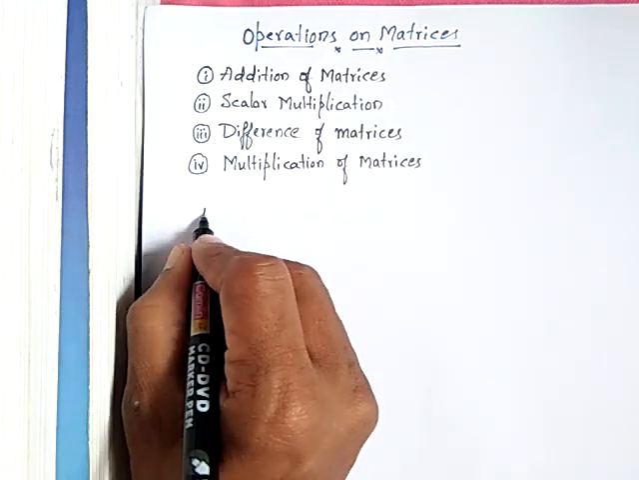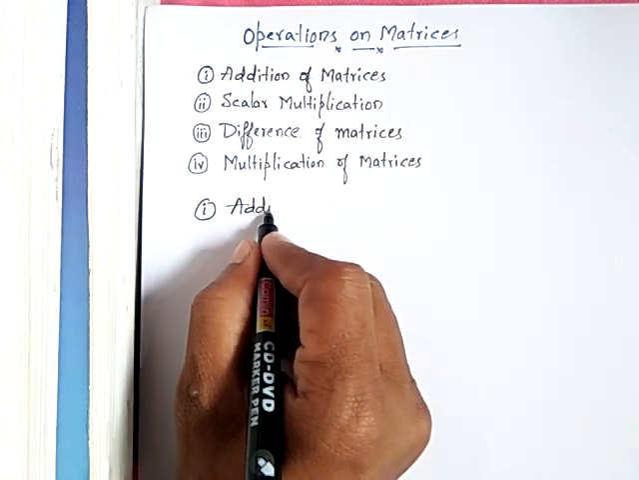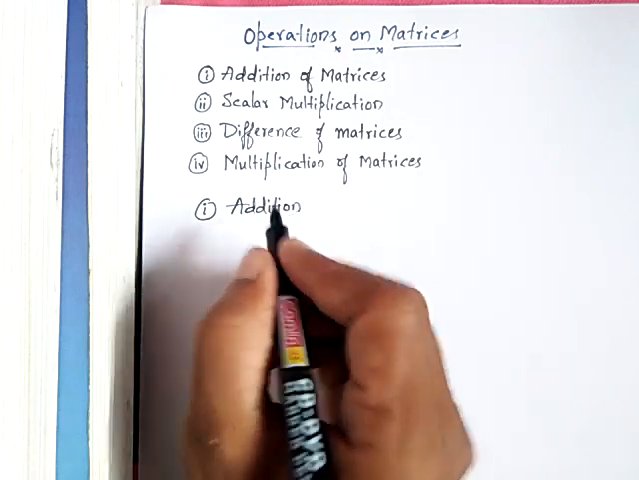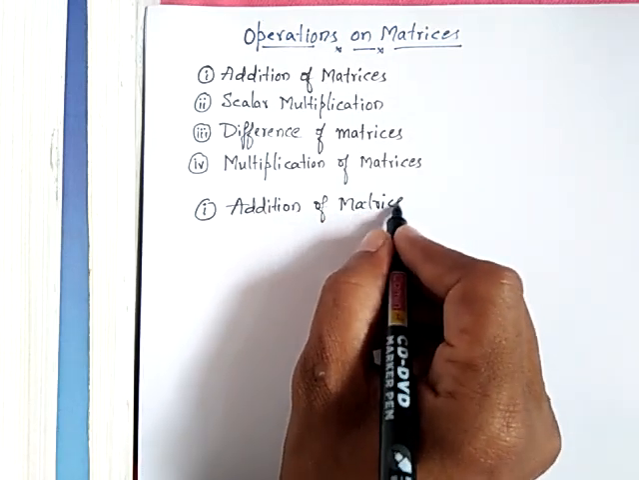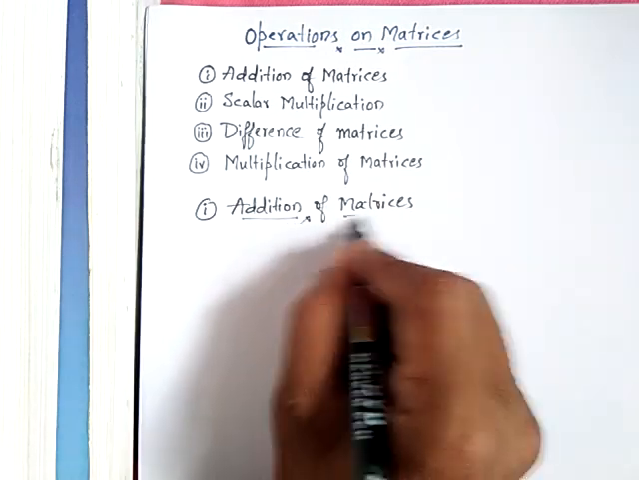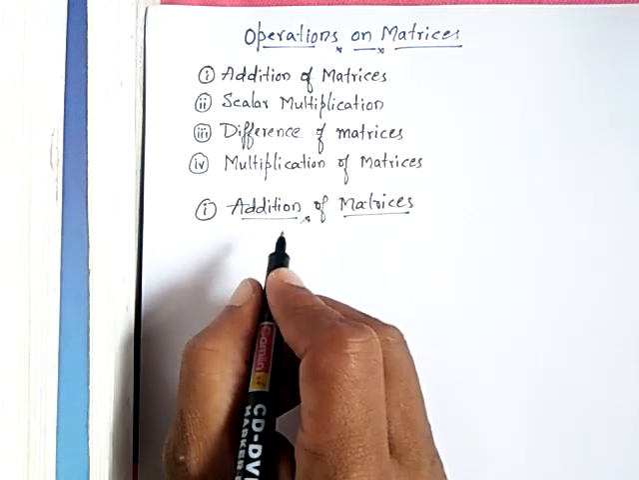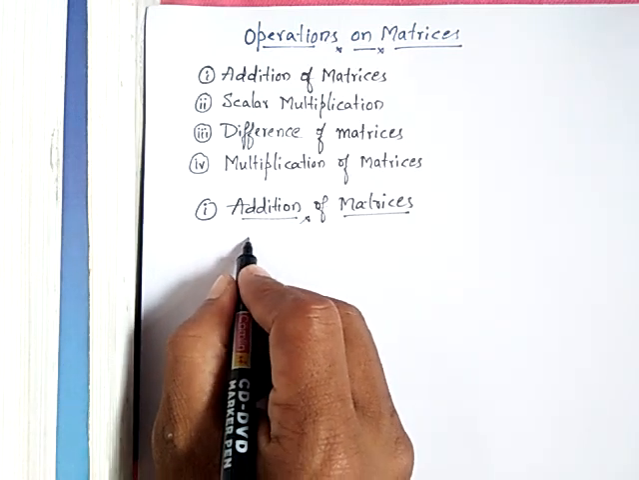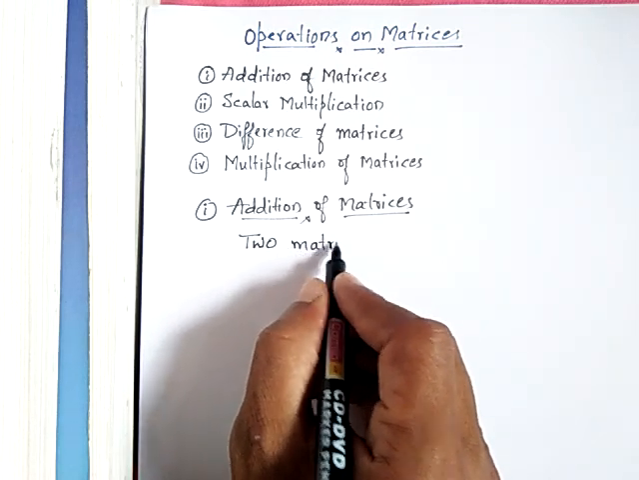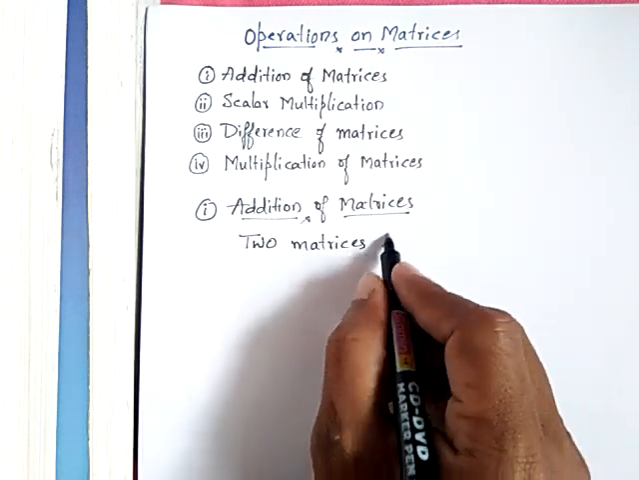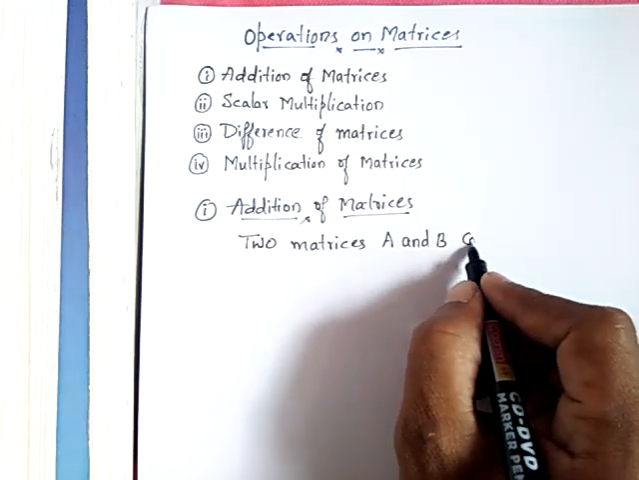So first one is addition of matrices. Okay, these are all very important operations, just you can listen very carefully. So addition of matrices can be defined as follows. Two matrices, capital A and capital B, can be added